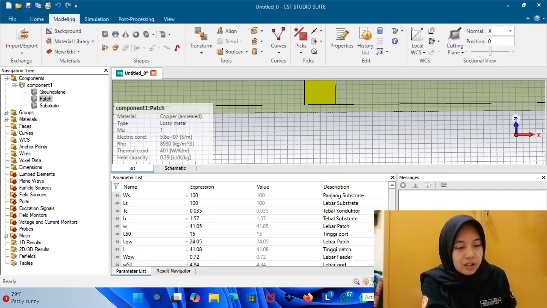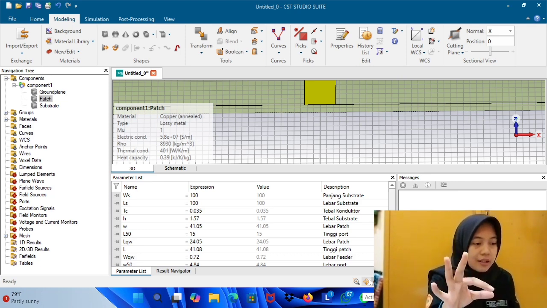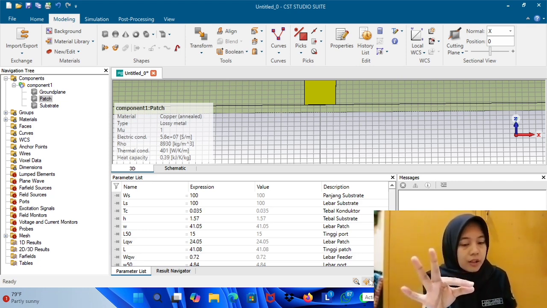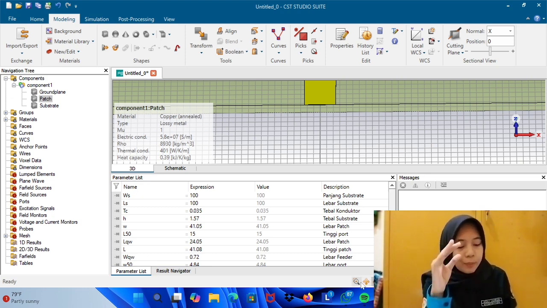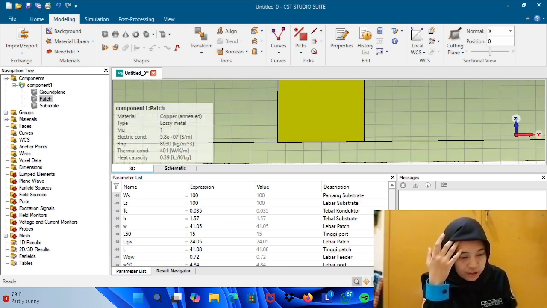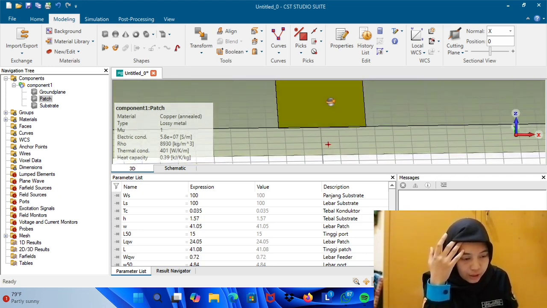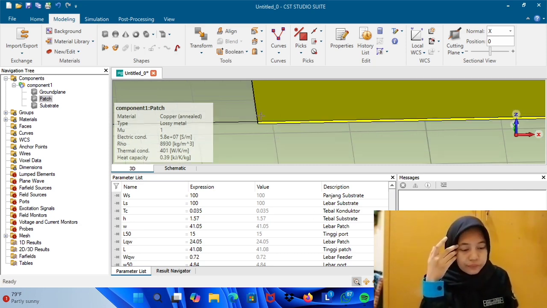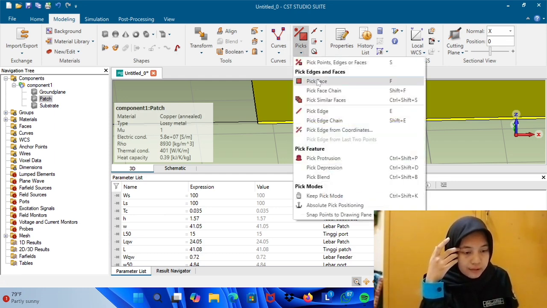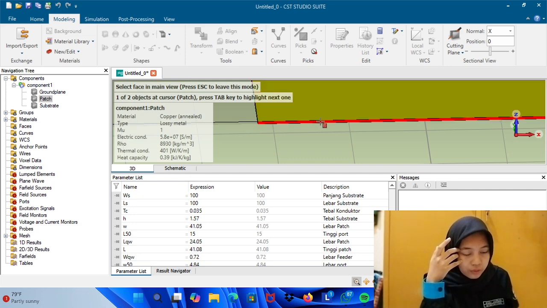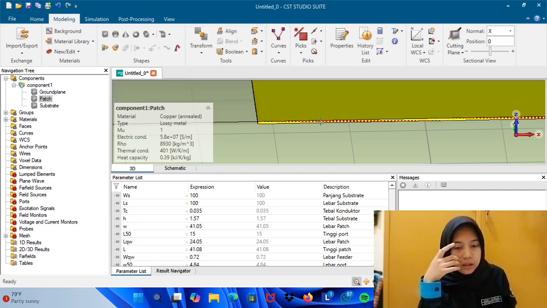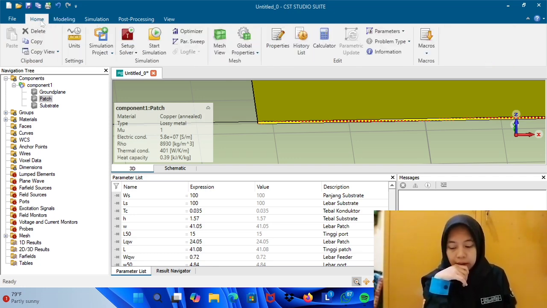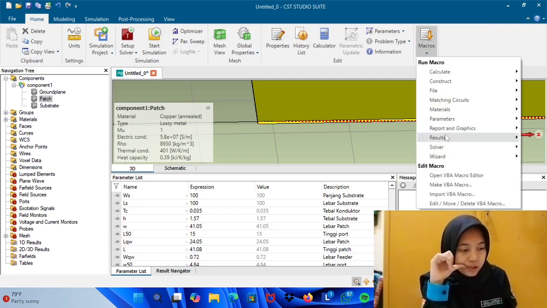Until you see the part. Zoom again, rotation again. Zoom. Zoom again. You pick face, click to double click. You click home, macros, solver.